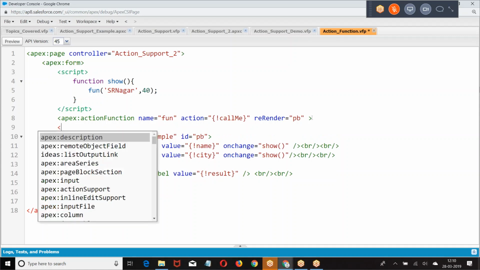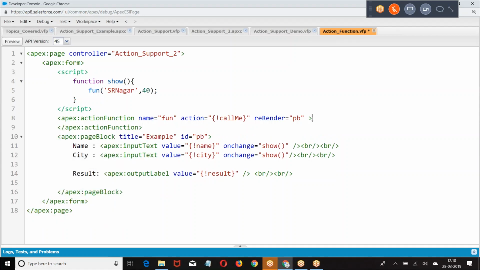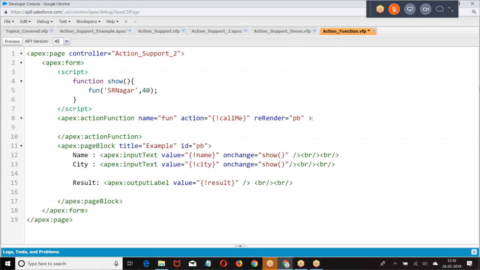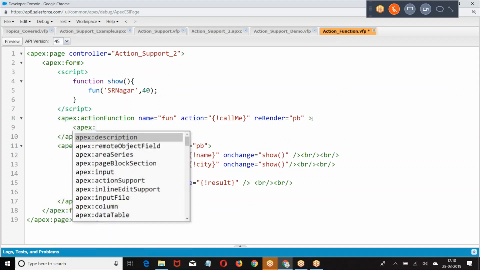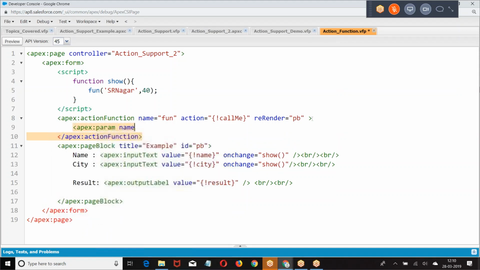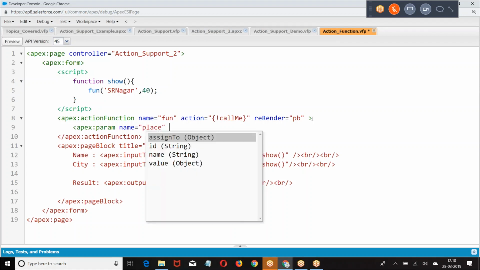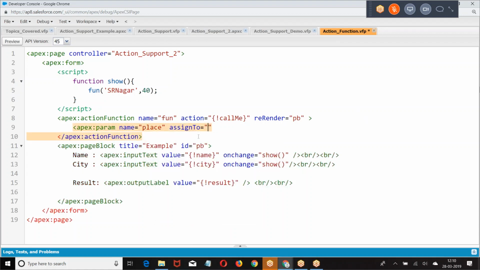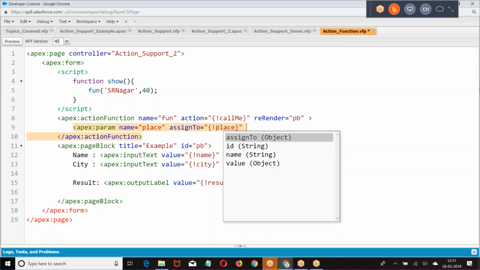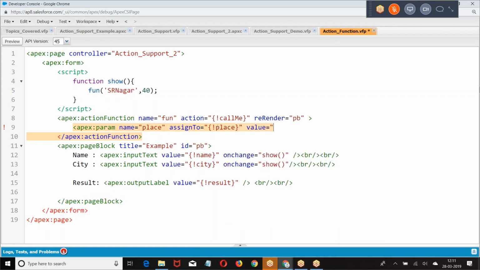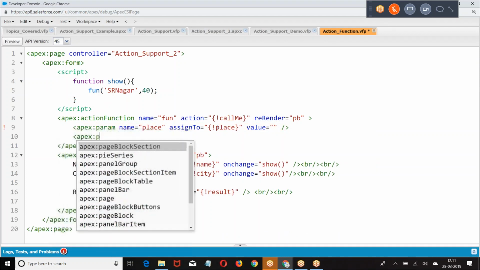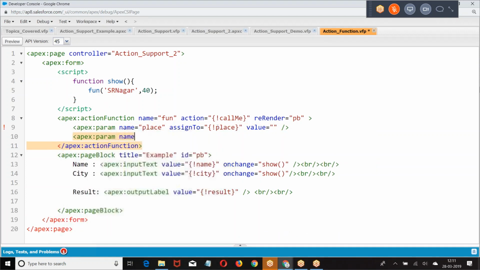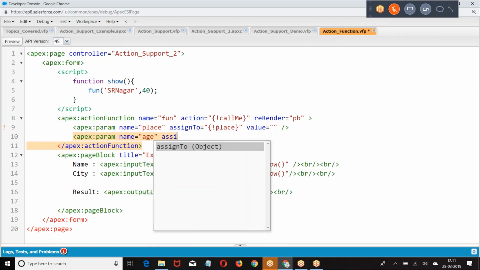If you want, before running the callMe function, use param name equal to place, assign to name. What is the value you are giving? This is a place, assigned to the variable. Param name equal to age, assign to age.